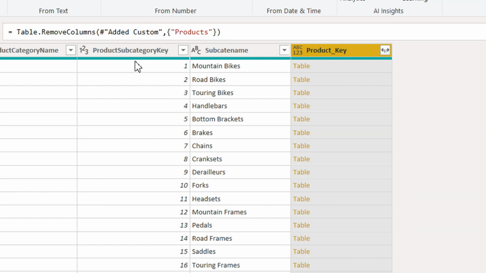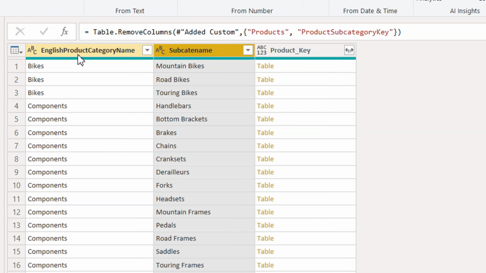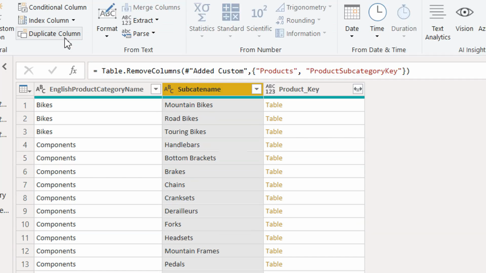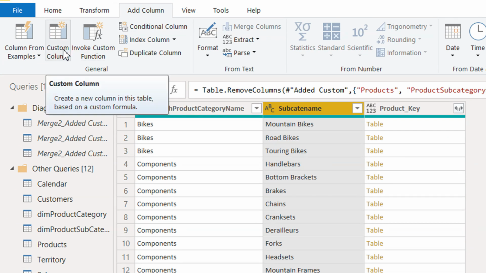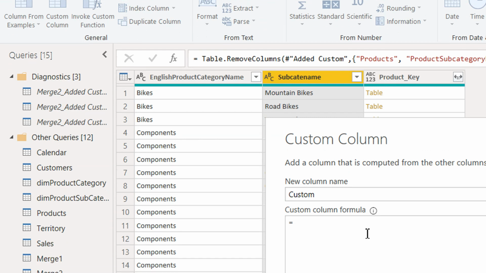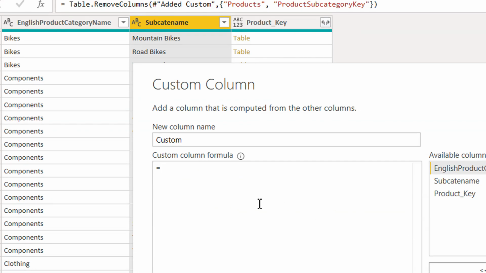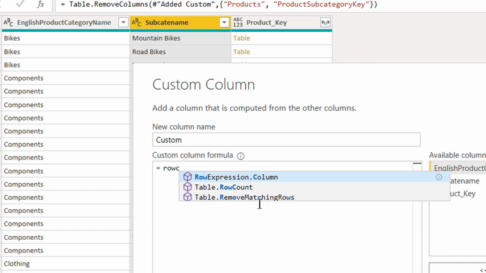And we don't need product category, product subcategory key, can remove it. And we have the product category name, subcategory name, and the product information. So here we can add one more column, custom column, and then we write one function here. It's like a row count, Table.RowCount,